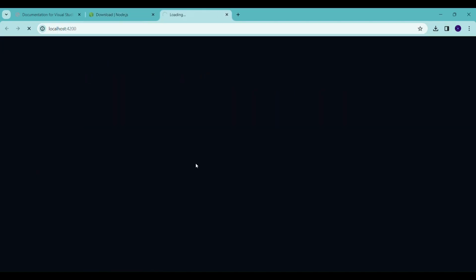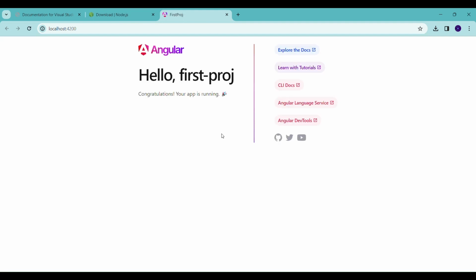This would open the project that you have created in Angular. So yes, this is the first home page of Angular. This is the official page of Angular that is provided whenever we install our first app.